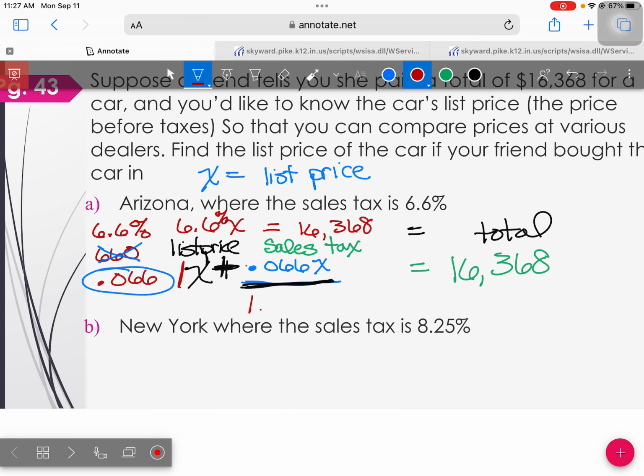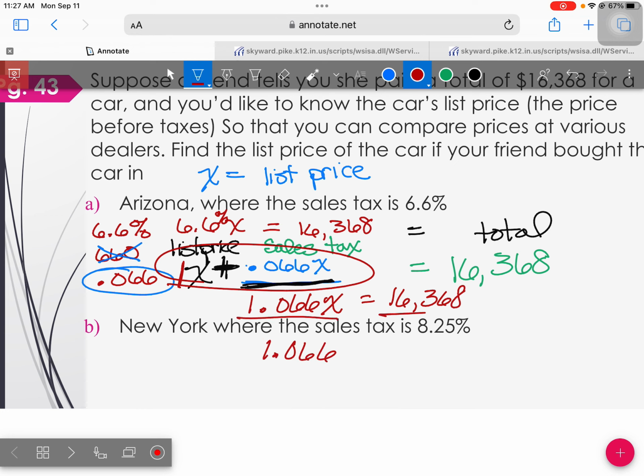So it is 1.066x. When I add these together, those are like terms, equals $16,368. Now how would I solve for x? Divide by 1.066. X, the list price, is equal to,